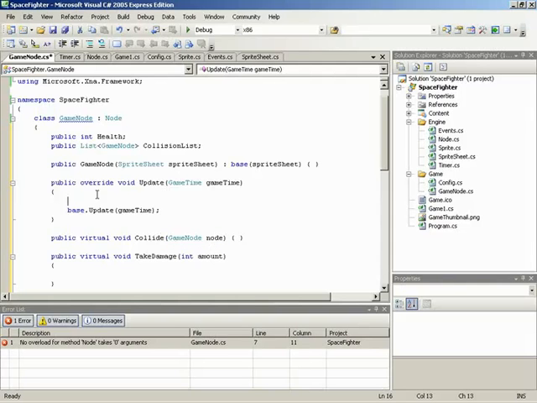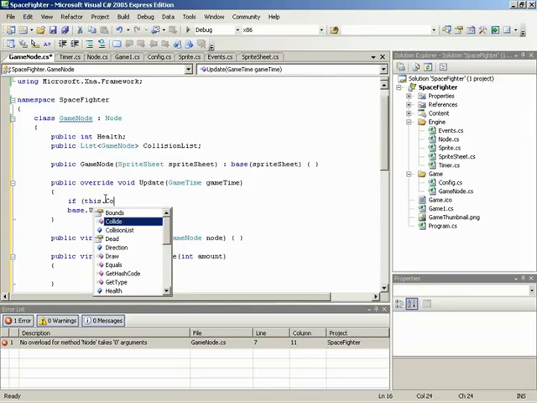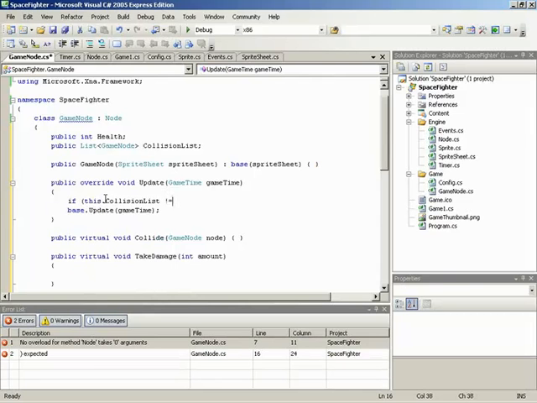So, to put this into action, the first thing we need to do, before we check all of the node Bs, all of the items in the collision list, is make sure that the collision list is not null. You'll notice we have not initialized the collision list up here in the fields, and we have not initialized it in the constructor. Unless set from outside of the game node, it remains uninitialized, remains null. And the reason is that it makes it relatively easy to make a specific game node that just doesn't collide. You don't set up a collision list, so it doesn't check anyone for collision. So we need to make sure that that is set beforehand. So if this.collisionList is not equal to null,